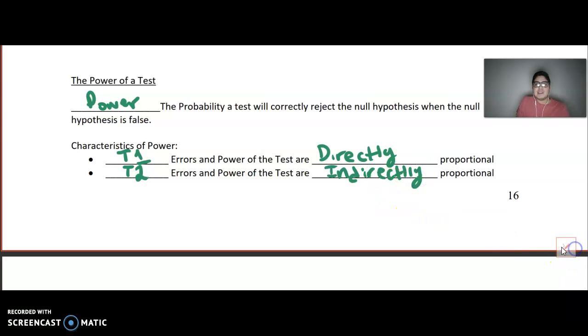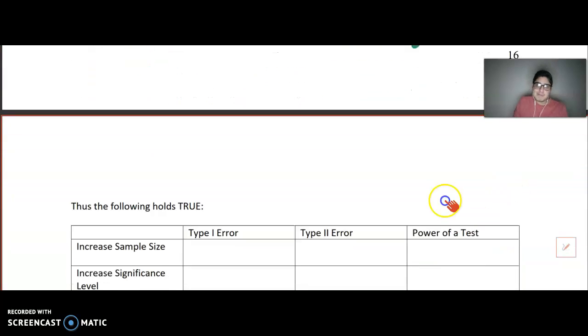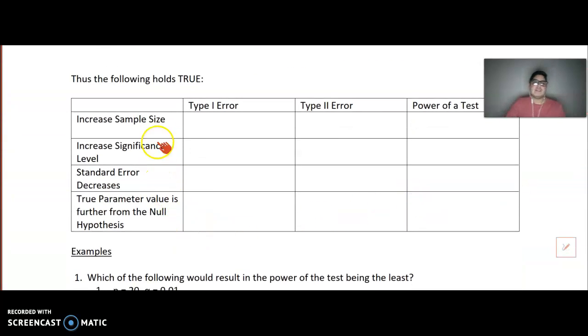Now, what does that mean? I'm so glad you didn't ask, but here we are. We have a few concepts here, and we have this relationship or this table between type 1, type 2, and the power. So we know power of a test and type 1 are directly proportional, so these two should change in the same direction, whereas the power of the test and type 2 are indirectly proportional, so they should change